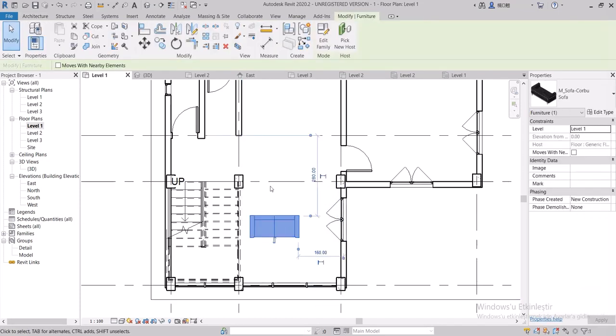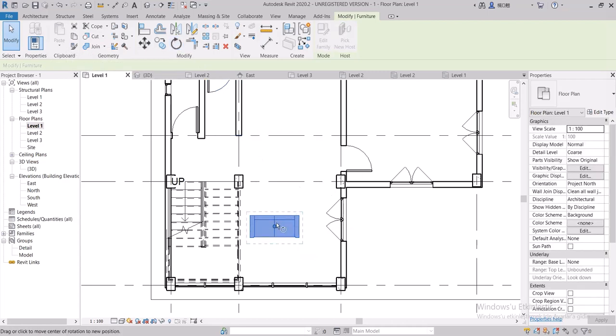You can rotate the furnishing elements with the Rotate command and duplicate them with the Copy command.